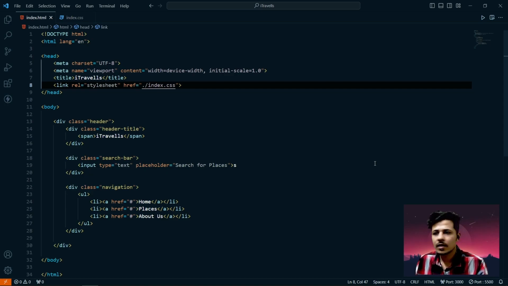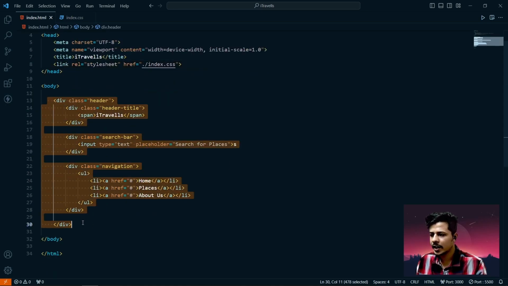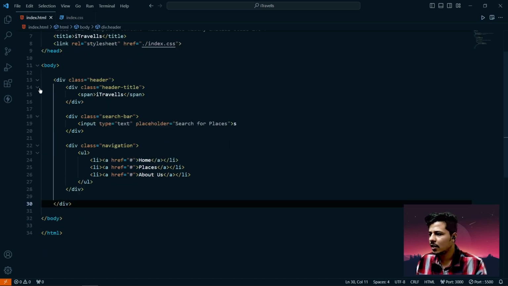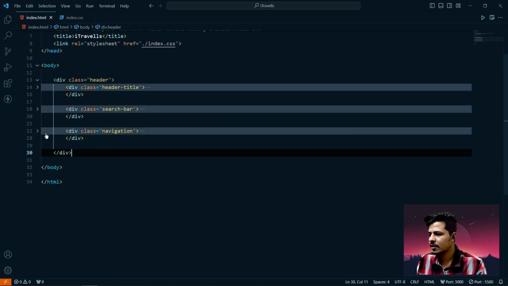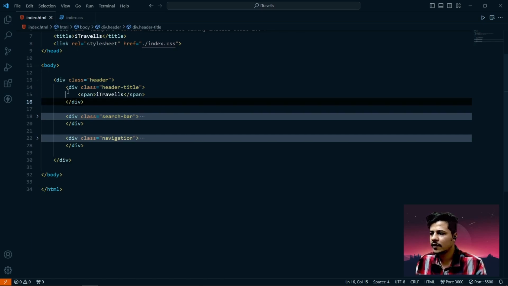Yes. So as you can see on my screen, I have the HTML file, and inside that I have linked the CSS file as well. And you can see we have already our HTML structure for header. We can see in header div, we have three different divs. Okay. As we saw in the demo, we have a title and a search box and a navigation. Okay. For three things, I have created a separate div,